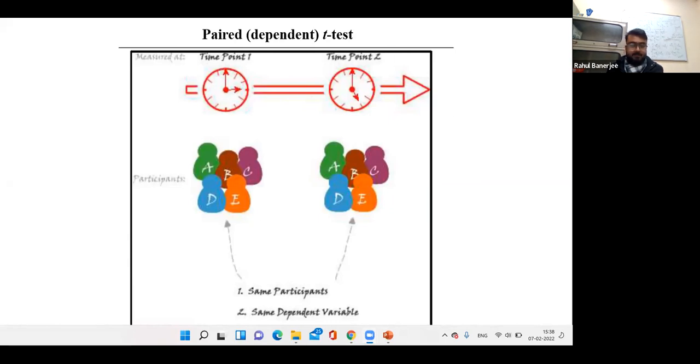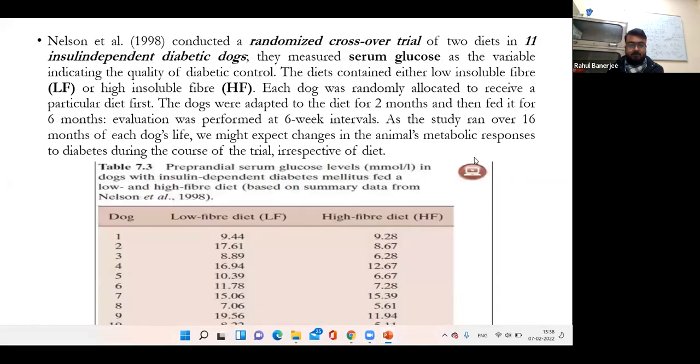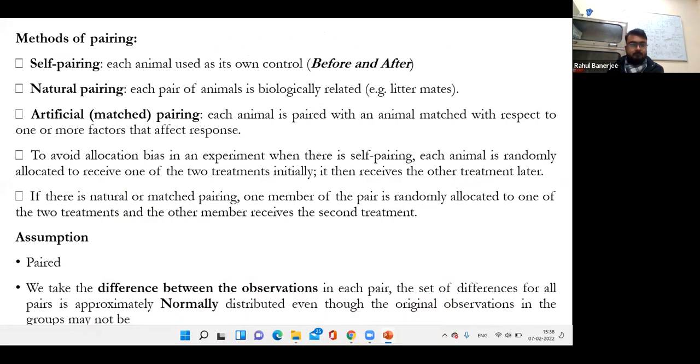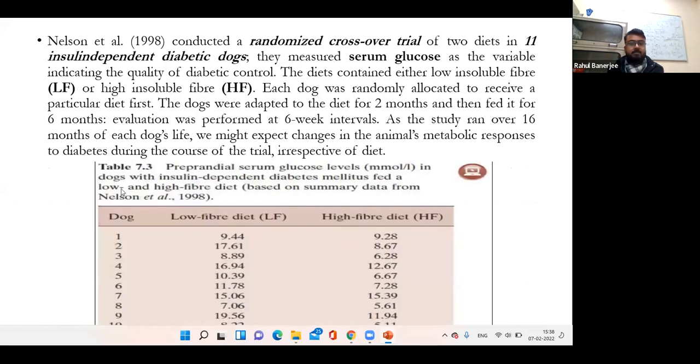So there is a test statistic for this. Generally, everything can be done in software nowadays. Now there are also certain methods of pairing. Generally, we go for the assumptions. It has to be paired. We take the difference between the observations in each pair, and the differences have to be approximately normally distributed. So this is one example where diabetic dogs were given